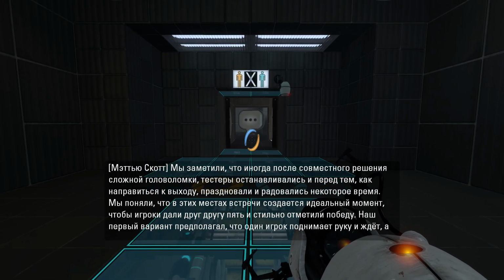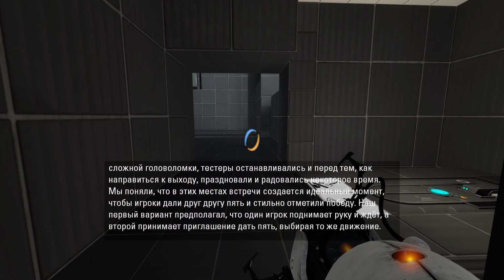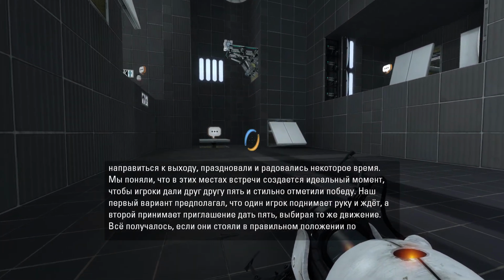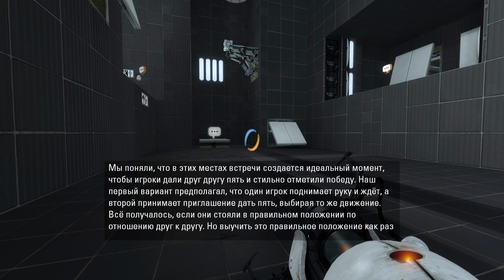We noticed that after playtesters had solved a difficult puzzle together, they'd sometimes pause before funneling through the exit door to repeatedly jump up and down in excitement. We realized that these meeting places would be the perfect time to allow players to high-five each other and celebrate